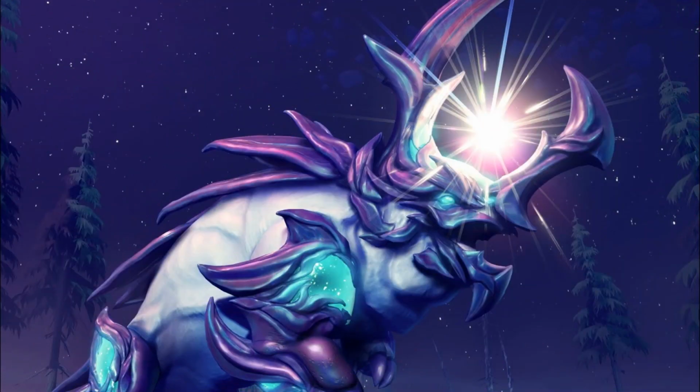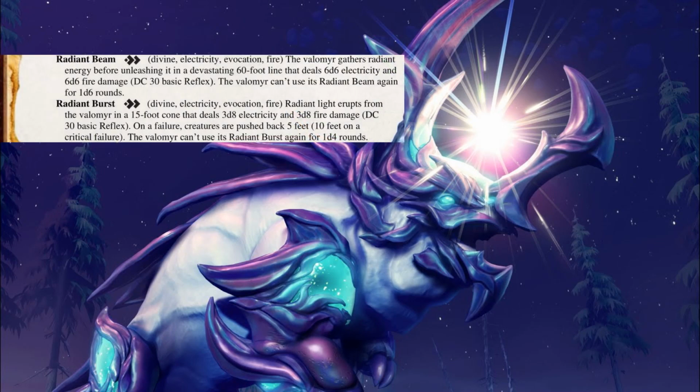The Valomyr can also unleash blasts of radiant energy in 2 different forms. The first is a beam that it primarily seems to launch from its horn, represented by the high damage line effect of its radiant beam. For enemies closer to it, the Valomyr has its Radiant Burst, an eruption of radiant energy that it can seemingly release from anywhere across its body. It uses this ability with decent frequency, so I went for a lower cooldown and damage only a little bit higher than at-will abilities, while also including a function to knock creatures back and away from it, as per how